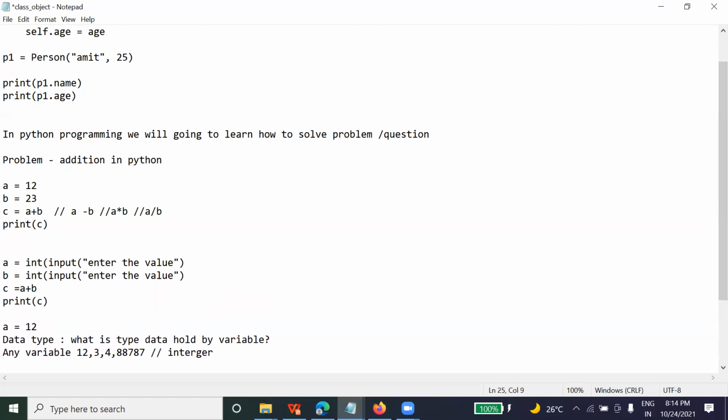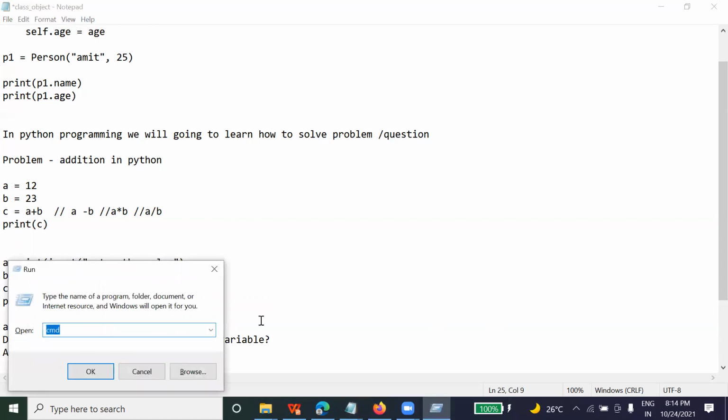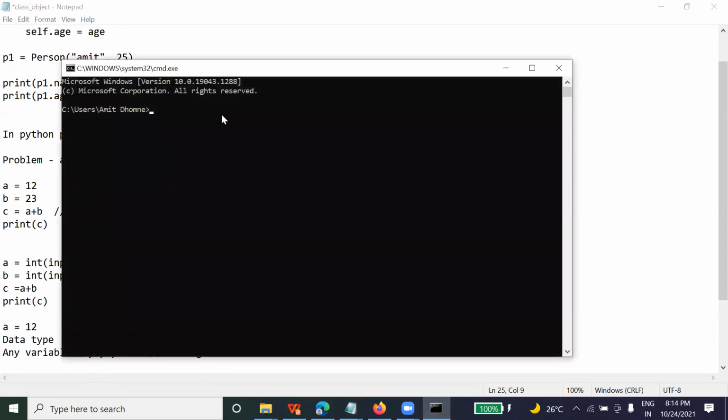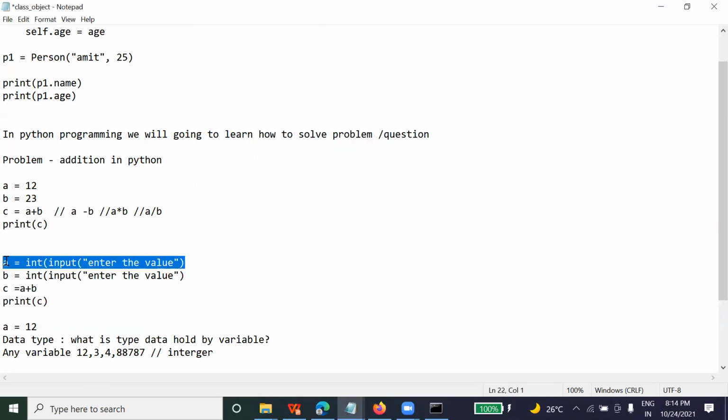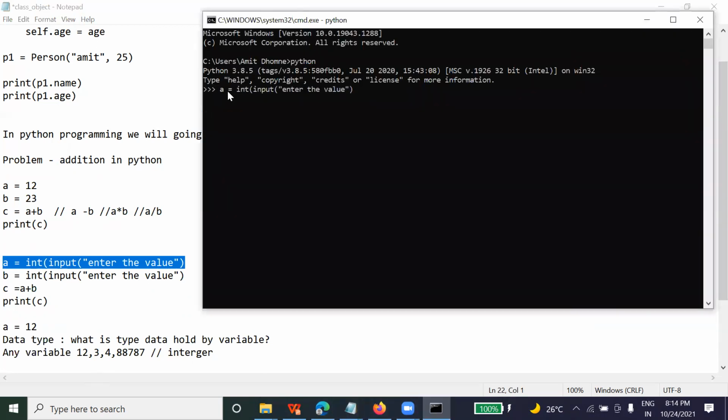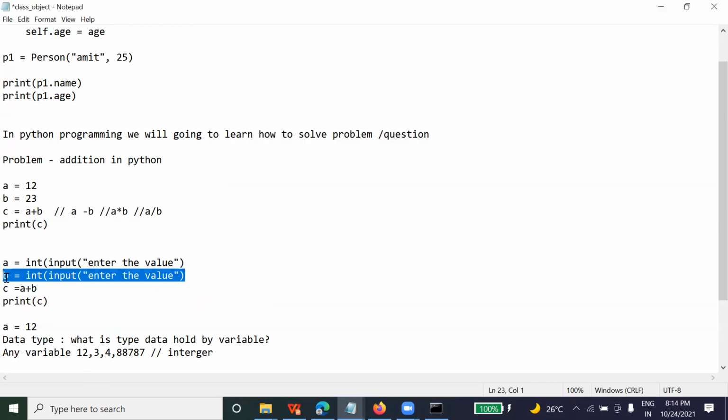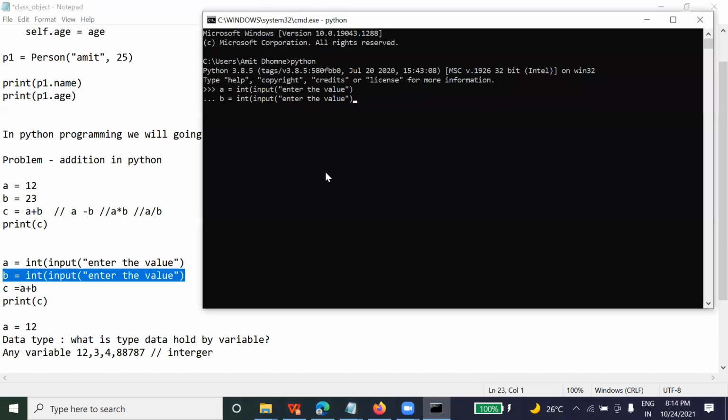Do you want to see that? Okay, let me open the command prompt and type Python here. So it's open, right? Now I'm writing this instruction. Okay, now I'm writing the next instruction, B. Sorry, there might be a problem.